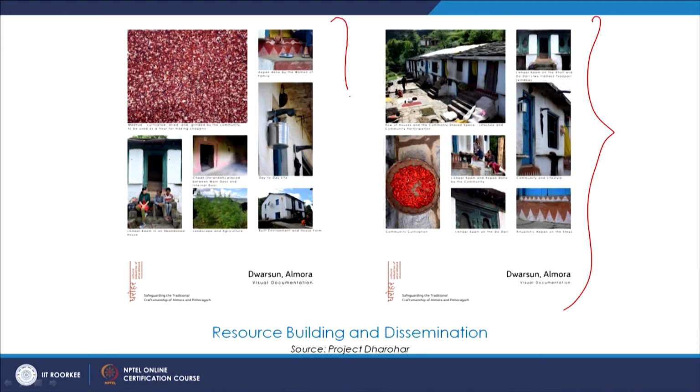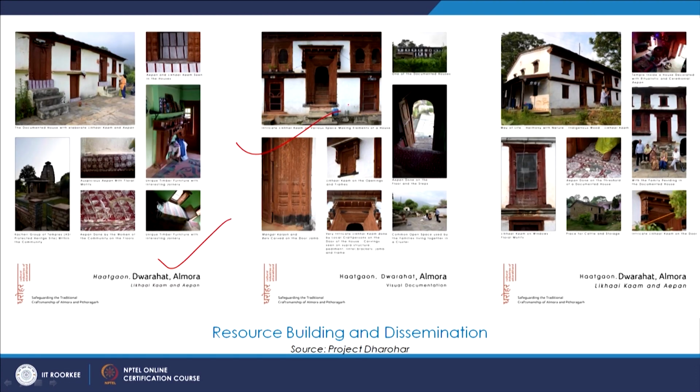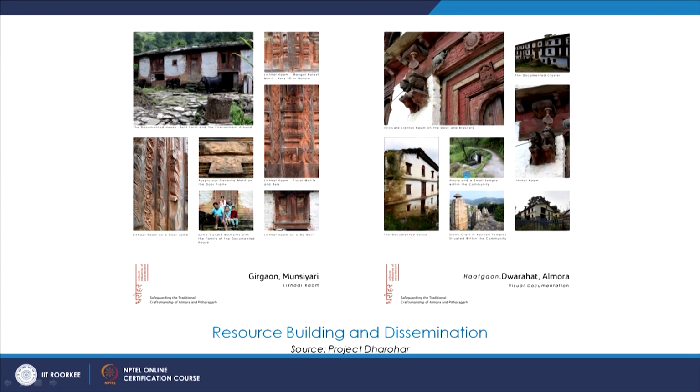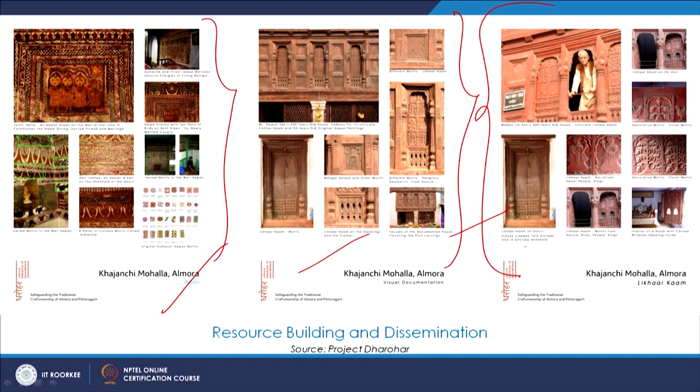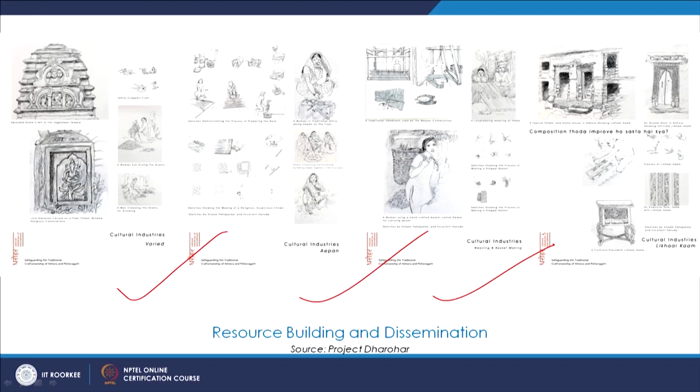So some of this work was also exhibited at CEPT, because in the capacity of an alumni, I had presented some of the work there. So that's how it gets disseminated. So again, some more plates and work. These are some more details, different houses, different timber residences which were documented, their details. And there are plates which were created, which were exhibited and put up at different platforms. Again, we see some more work, the timber craft and the apron art over here. Again, the facade and the interior architecture, the craft and the motifs. Some more documentation over here.